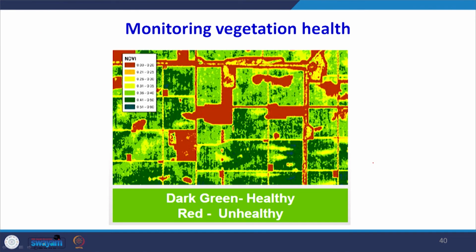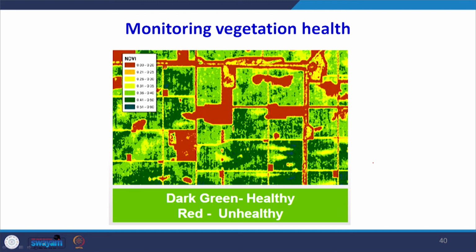That information is very useful. Monitoring the vegetation health, one can take some precautionary measure in advance, spray some kind of pesticides or take other measures. Here, these images are available in multispectral mode.